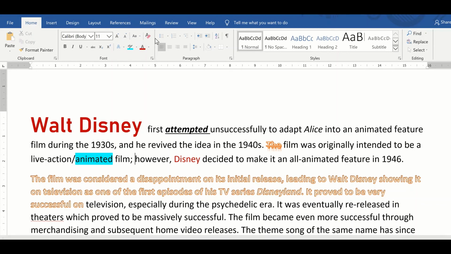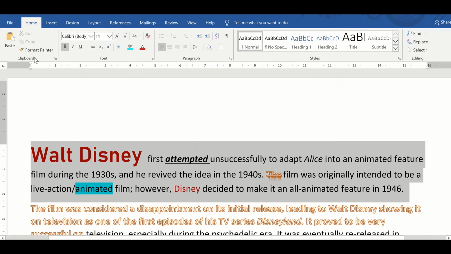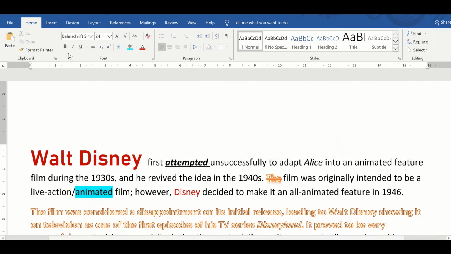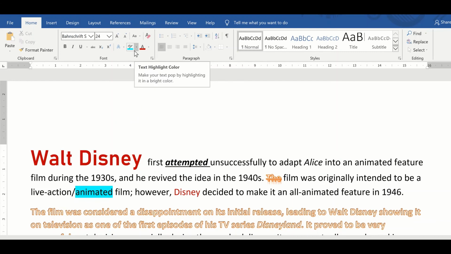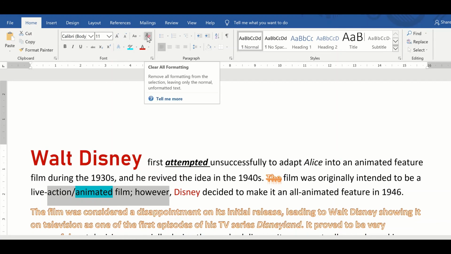So I have told you about the complete font group in this video: font, font size, bold, italic, underline, strike through, increase font, decrease font, text effects and typography, text highlight color and font color. If I click on this option, it will clear all the formatting.